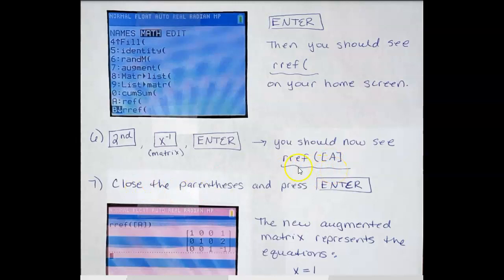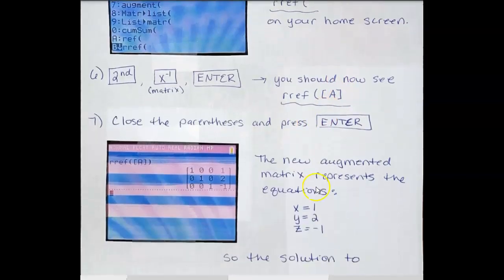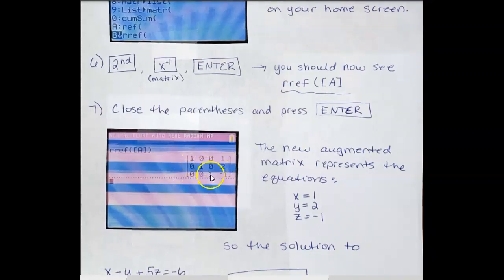Then you're going to close your parenthesis. Just close the parenthesis from here and press enter. And this is what should pop up. It won't be blue and pink like this. My printer was running out of ink, so it didn't print very well, but this should be what shows up